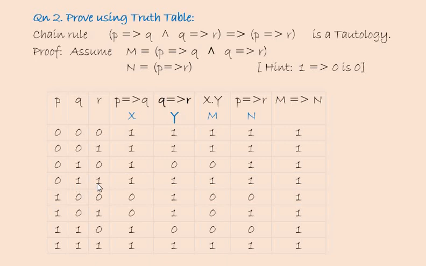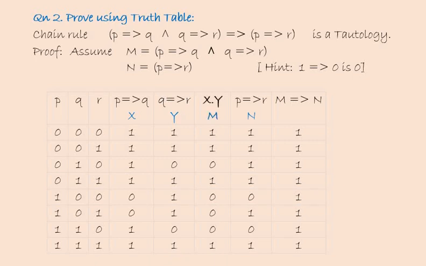But when Q is 1 and R is 1, yes, it is okay. When Q is 1 and R is 0, no, it is not okay. But when Q is 1 and R is 1, yes, it is okay. Hence, the result of Y comes like this. You have to pause the video and understand how X is coming into existence and how Y is coming into